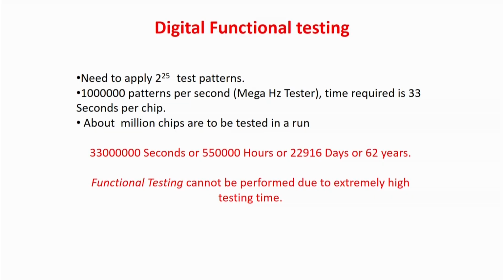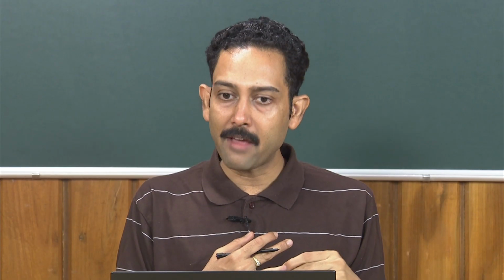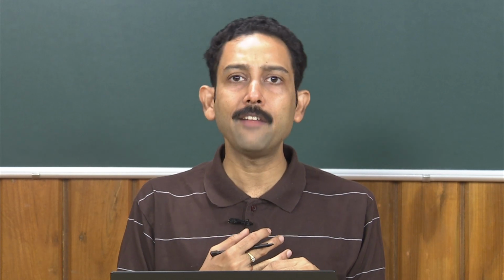Seems very easy. But now it is a very simple circuit with 25 inputs, and all possible cases is 2 to the power 25. Now if you have a megahertz tester, because gigahertz testers also exist nowadays, megahertz testers people are not using, it is slightly obsolete data. But I should tell you that there are very few companies in India, maybe I know one of them, called TESOLVE, which has such facilities in India. Mainly such facilities are generally in Taiwan or such places where there are fab industries.